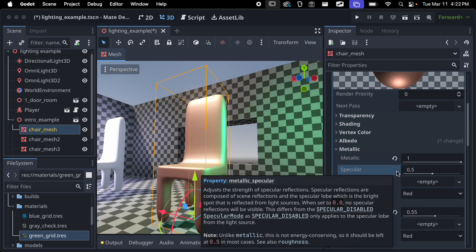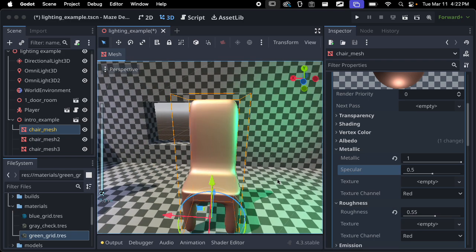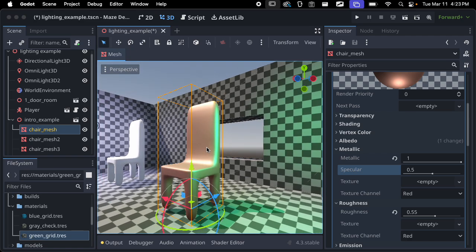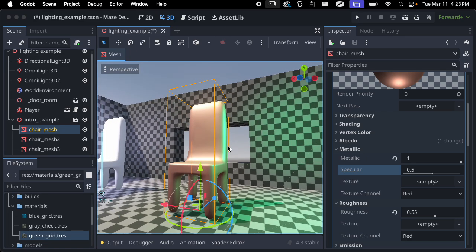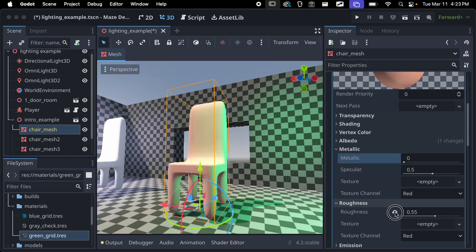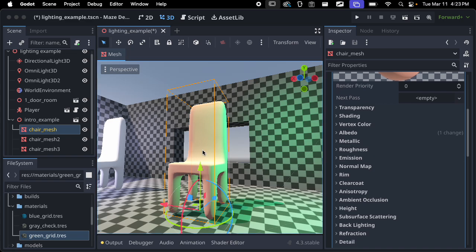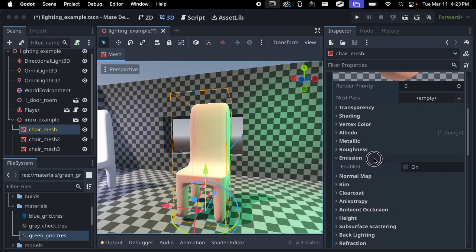So depending on what you're going for, you might want to play around with some of that stuff. You can get different looks like plastic or metal or different things. Yeah, let's set these back to the defaults and we'll look at a couple other things. So emission